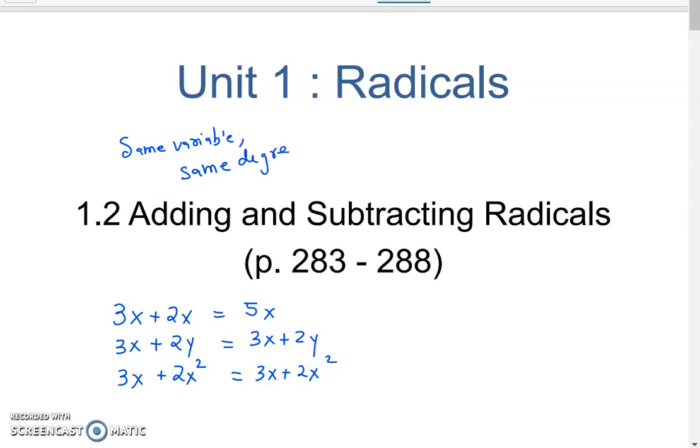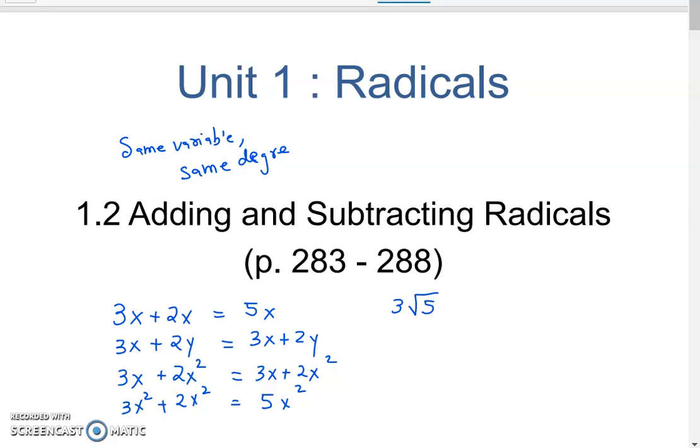So if I wanted to add something with a second degree, both of them have to be the same degree. Then only can I combine their coefficients. So these are called like terms. We use that a lot in previous math, combining like terms. Same rule applies in radical. Okay, in radical, if you have,